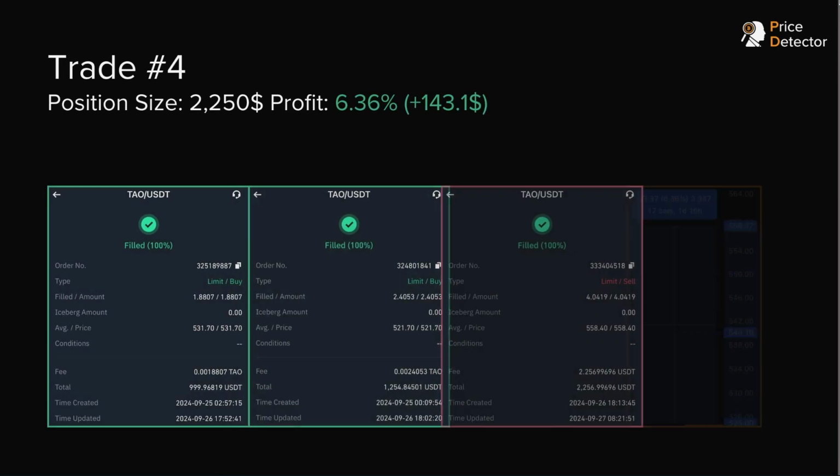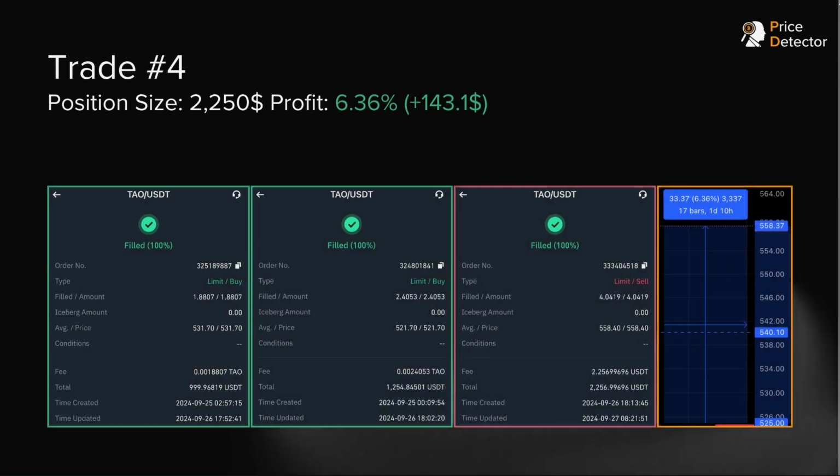Here's the fourth trade, a position size of $2,250, a profit of 6.3%, just under $150, and this one span around 15 hours, guys. Way under a day. This was our first buy at 531.7, a second buy at 521.7 as prices drop, and then an exit at